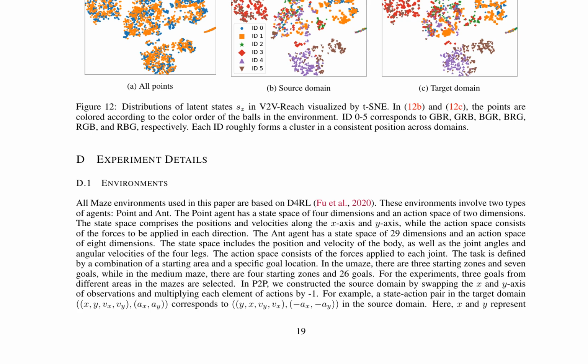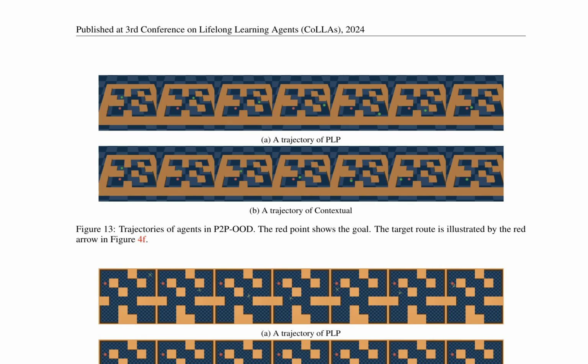The task is defined by a combination of a starting area and a specific goal location, with 3 goals selected for the experiments. In P2P, the source domain is constructed by swapping the x and y axes of observations and multiplying each element of actions by -1. In the realm of lifelong learning agents, this page delves into an examination of diverse domain adaptation tasks and their